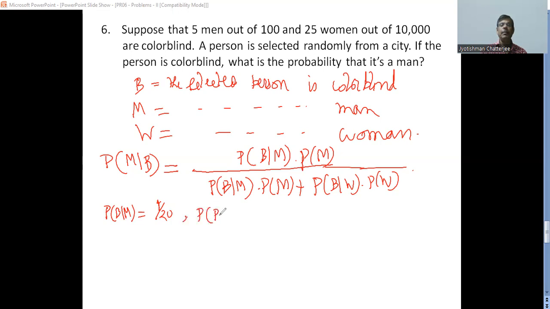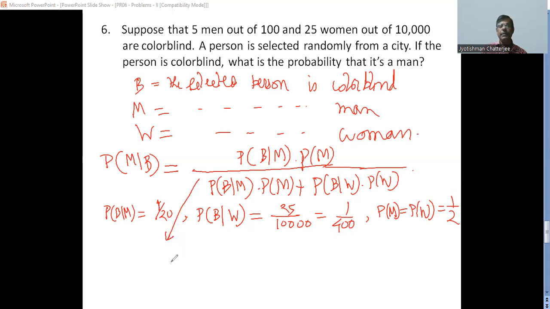Probability of colorblind among women is 25 out of 10,000, that is 1 by 400. Probability of M equals probability of W equals half, because there are roughly the same number of men and women. So we have got these things. Now putting all these things here will give us